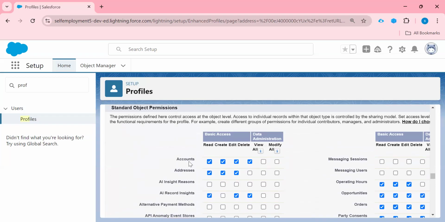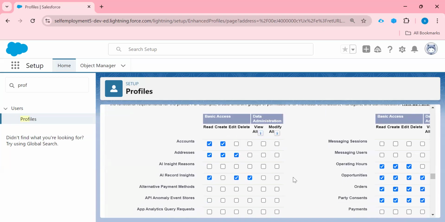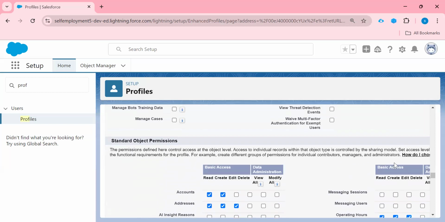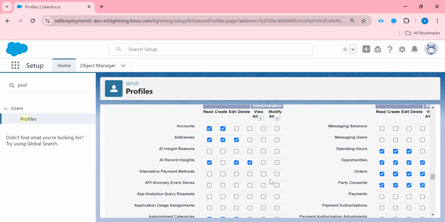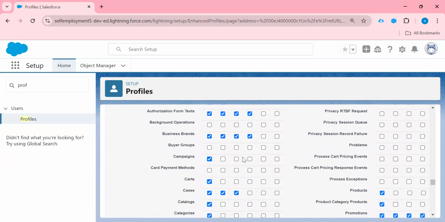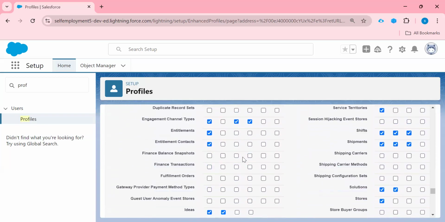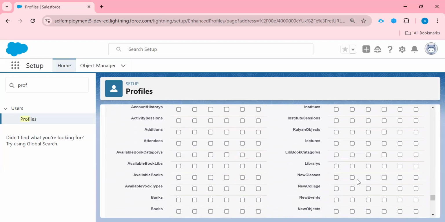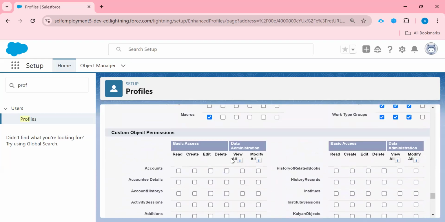Suppose Account is a standard object and I don't want to give the delete permission to this user, so I can, right? Similarly I can make a change in any standard object, right? So come to our custom ones. These are custom objects, right? So these all are custom objects in our application.